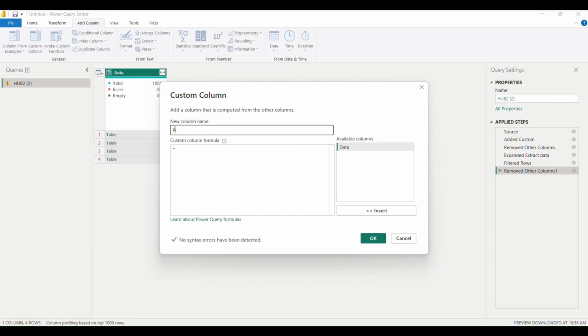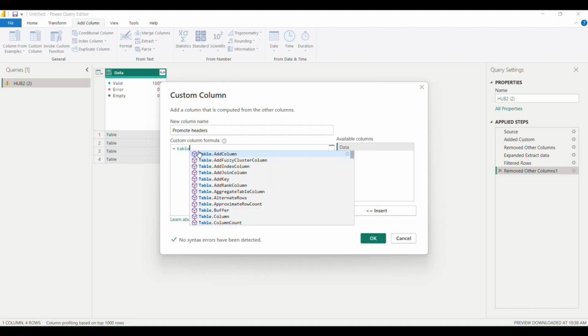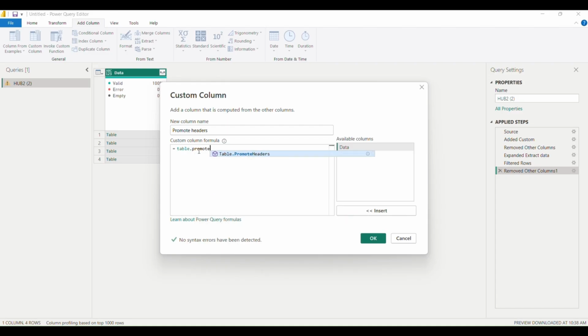Let's say Promote Headers, and then we say Table.PromoteHeaders. We'll insert Data.